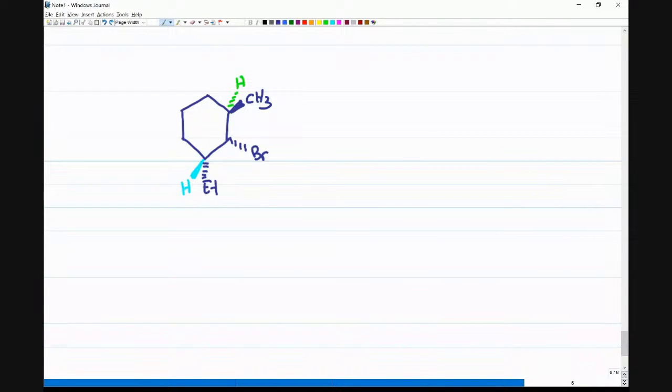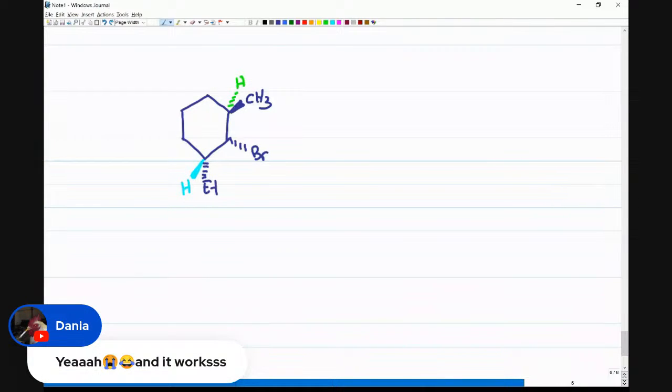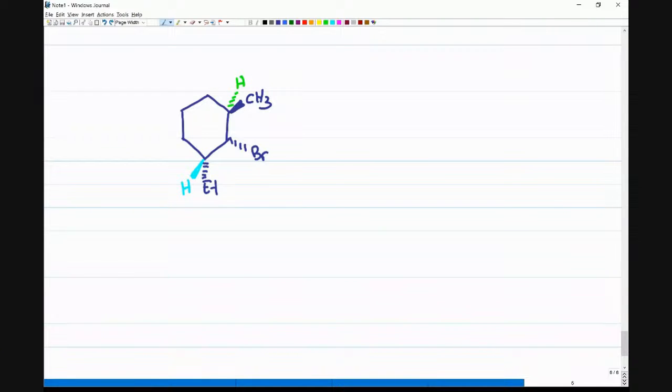If I draw this in a chair conformation, okay, let's see. Dania is saying that makes more sense and it works. Let me show you this trick and you'll see how much faster this is going to be. If I draw this in a chair conformation,